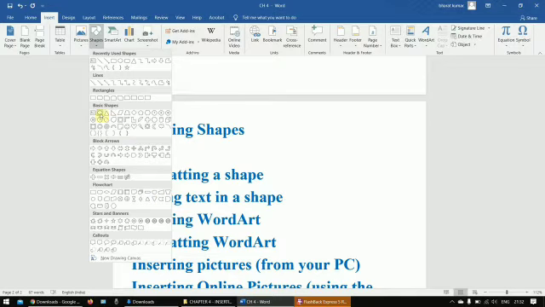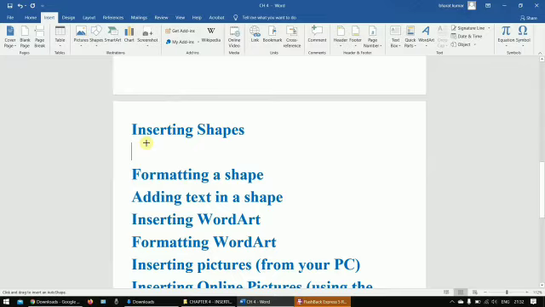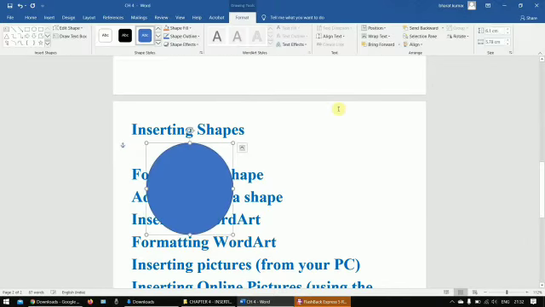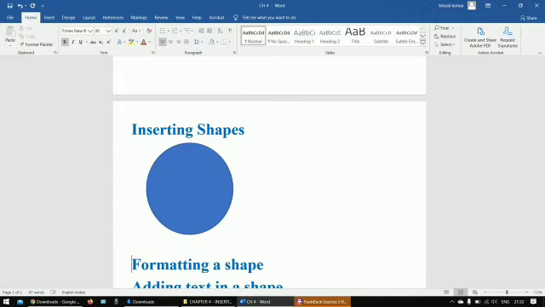For choosing your shape, click on it, and then see this plus symbol. You drag this symbol, and then see your shape has been inserted in your document. And after inserting the shape, see, an additional tab opens, format. By using this format tab, you can choose the option for formatting your shape. Clear?